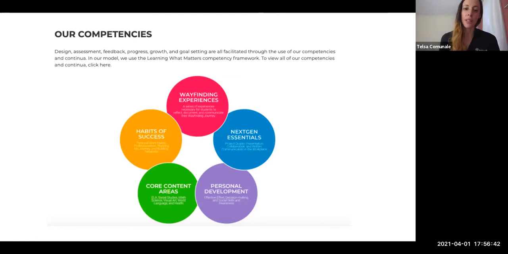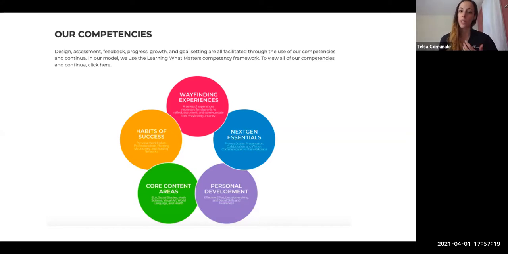And so you see the 5 main areas, or competencies, that we focus on. I will tell you that the purple, personal development, is the least mastered in our building right now. That's the last phase of our integration of competencies, because you wouldn't want to roll all of these out at once when you're teaching others how to teach with competencies. It's very overwhelming to learn how to teach competencies. So it's our last phase, and you don't see a lot of it in our programming yet, but core content areas, of course.